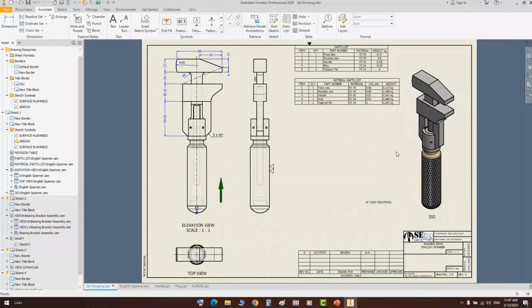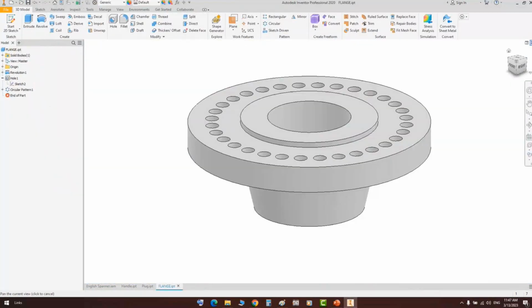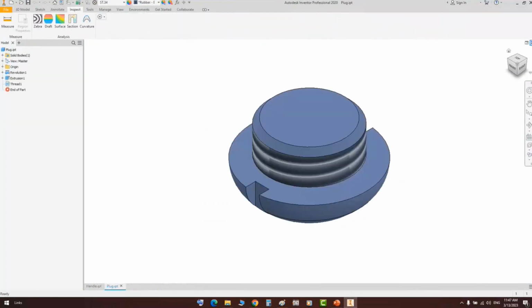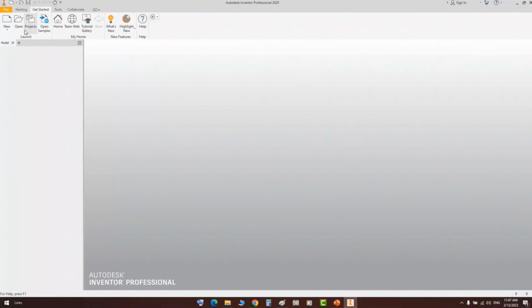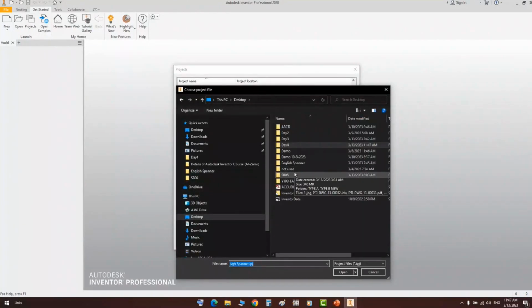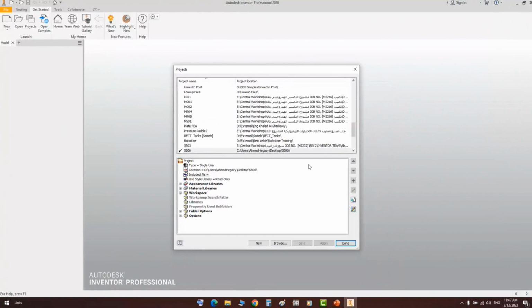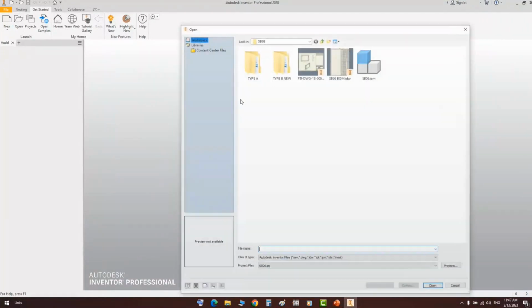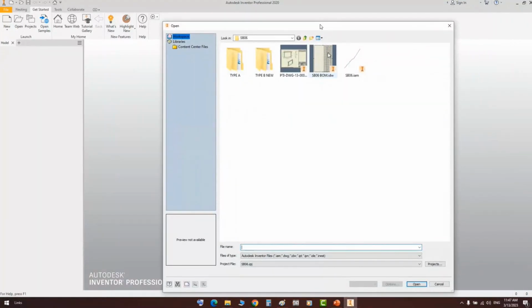Okay, now let's discuss another project. Let's please close this one. And I would like to show you something else regarding the bill of material sorting and data sorting. So from this project, let's move to another project from browse. Let's come up here and select this project. And from here, if you open this project,